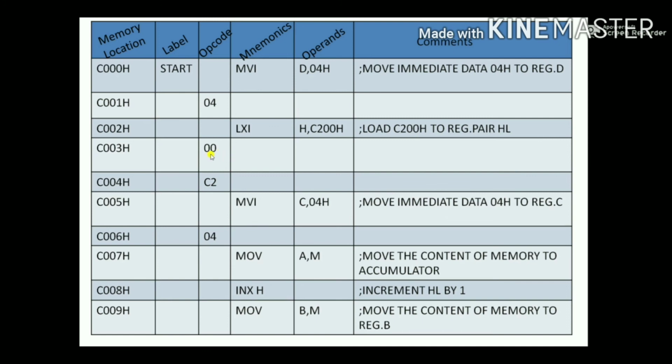Then the lower byte 00 will be written first, and C2, the higher byte, will be written after that. Then MVI C, 04H, a 2-byte instruction, the second byte of data, that is 04, will be written in the next memory location. Then MOV A, M; INX H; MOV B, M. These three are 1-byte instructions, so only one memory location is required to write these instructions. And we know why we use these instructions.